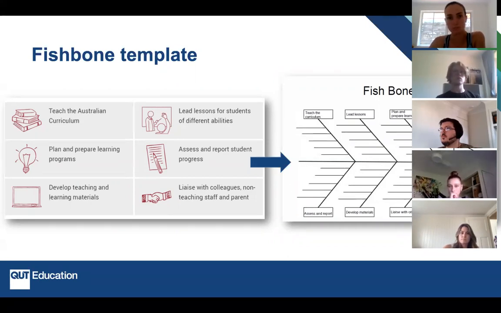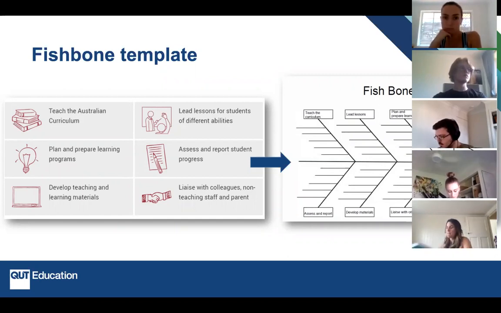Doesn't suit me. I guess one of the things that I don't like about it is there isn't a lot of room. When I filled mine out, I had difficulty, you can only write 1 or 2 words. So for me, it wasn't really ideal. So it was suggested in completing the fishbone template that you used your textbooks as stimulus to find out about teacher actions. And we suggested that you do this as a way to get started using your textbook. So using the headings as a guide, subheadings, and also the index as a guide as well.